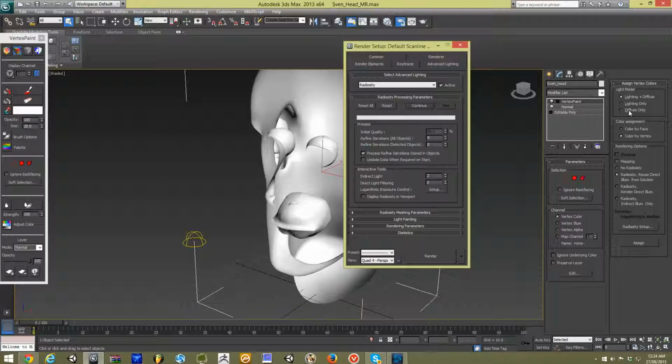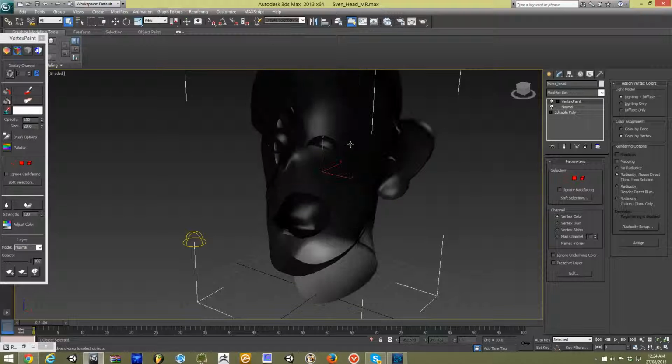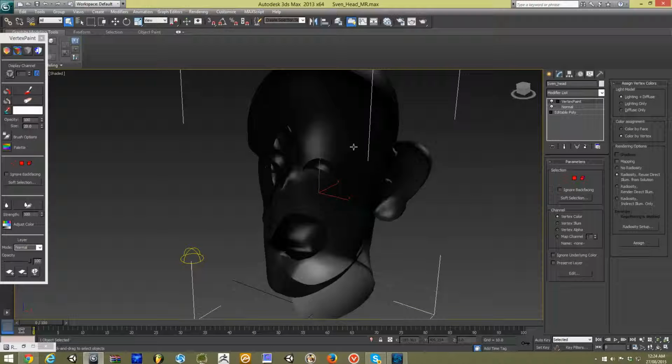So what we're going to do is go back into here. Remember, with your color assignment, you want to color it by vertex rather than face, because that will give you a smaller delineation of color gradient, basically. And not only that, but it will be a much clearer representation of how you're going to be able to bring that color back into your editing program. So again, if we come through and we press assign,